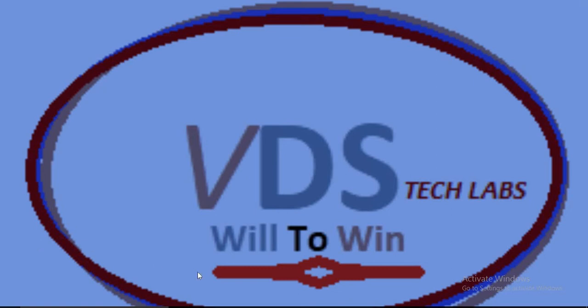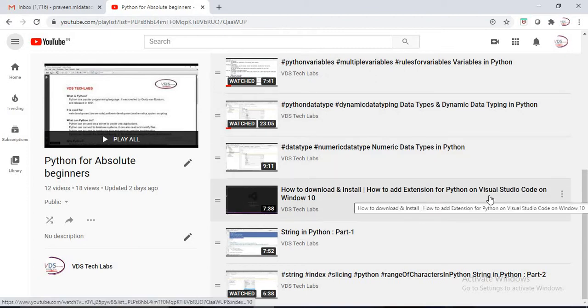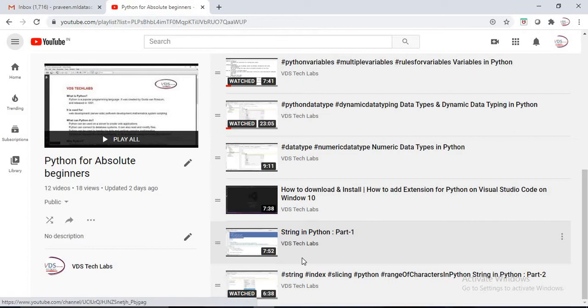So far we have discussed in the Python Absolute Beginners series all the basic stuff, how we can install and how we can work on PyCharm and Visual Studio Code. And currently we are discussing strings in Python.